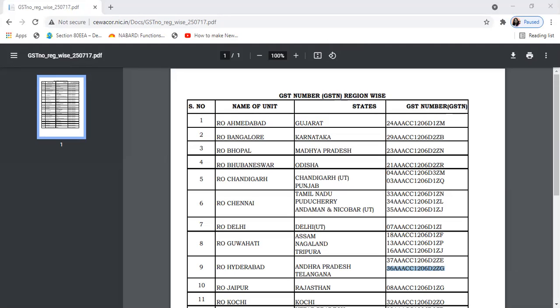You have to type it. 36, AAACC, 1206, D2ZG.